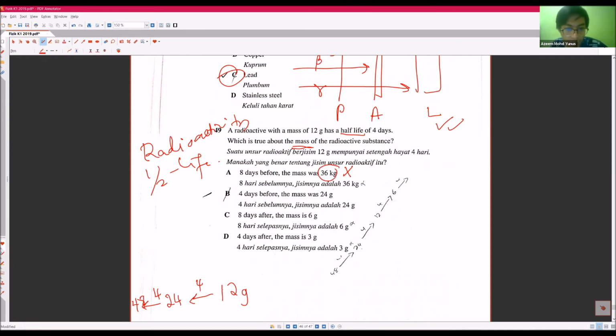4 days before, 24. Days after, so 6 grams, then 3 grams. The mass is 6 grams, wrong. 4 days after, 3 grams. So the answer is